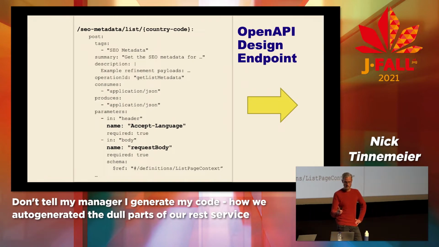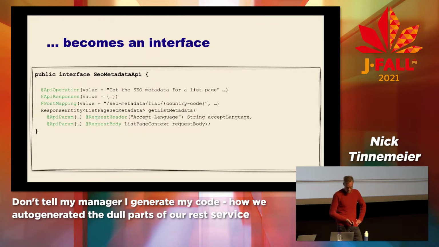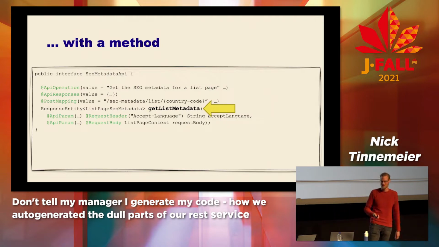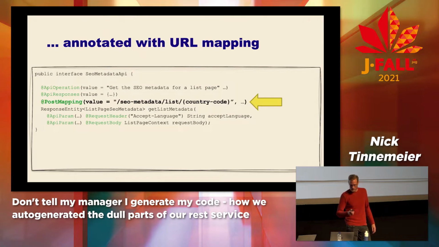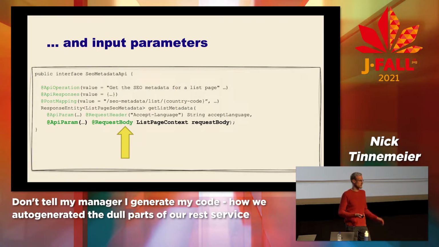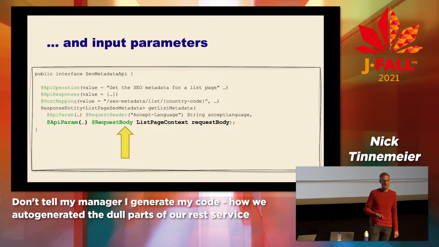So remember, this is the design of the endpoint, the OpenAPI spec, consisting of the URI, accept language header, and request body. All this is translated into, or generated into, an interface with a method, and unfortunately, we didn't figure out yet how to auto-generate our business logic, so you have to implement that method yourself. That method is annotated with the URL mapping, the accept language input parameter, and the request body. And like I already hinted, we didn't have to write that ourselves either,